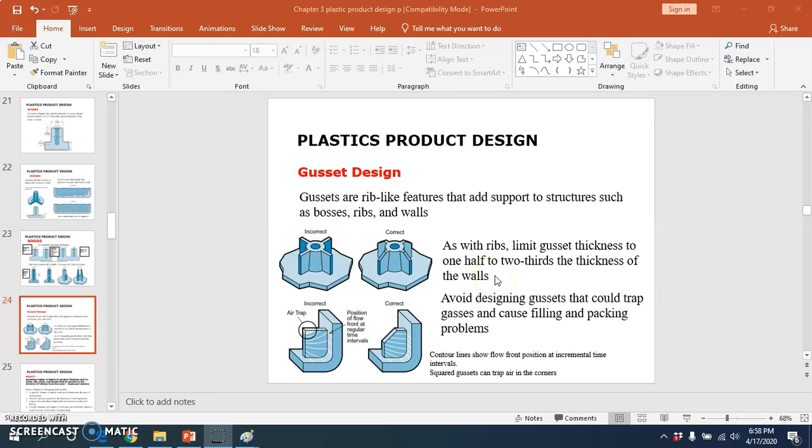Okay, so the location of gussets in the mold generally prevents practical direct venting. Avoid designing gussets that could trap gases, out of the gussets and to areas that are more easily vented. This is an example of square gussets which can trap air in the